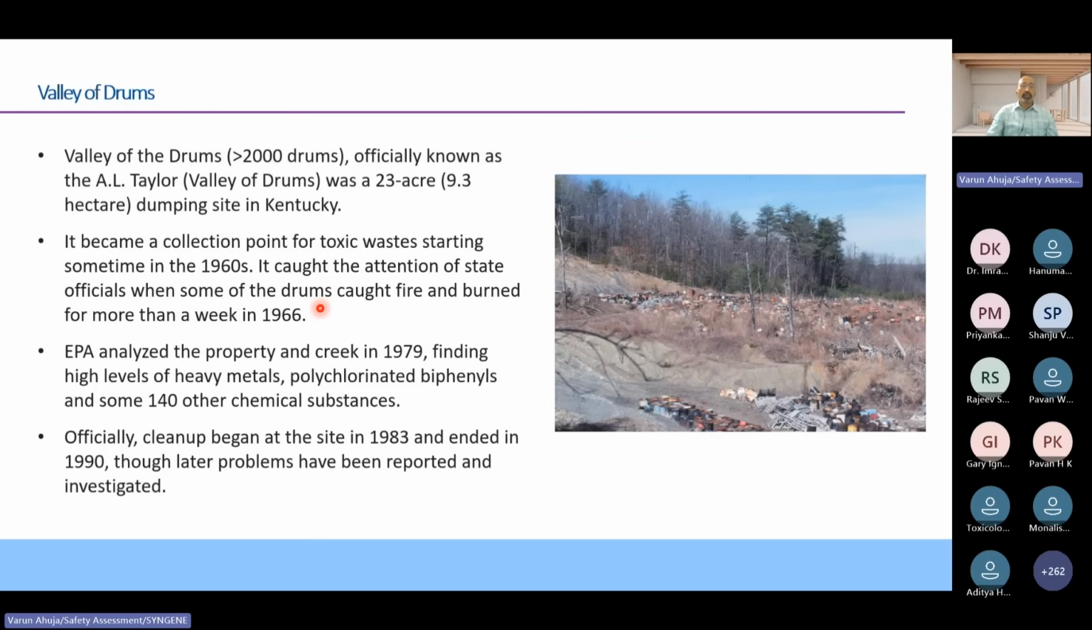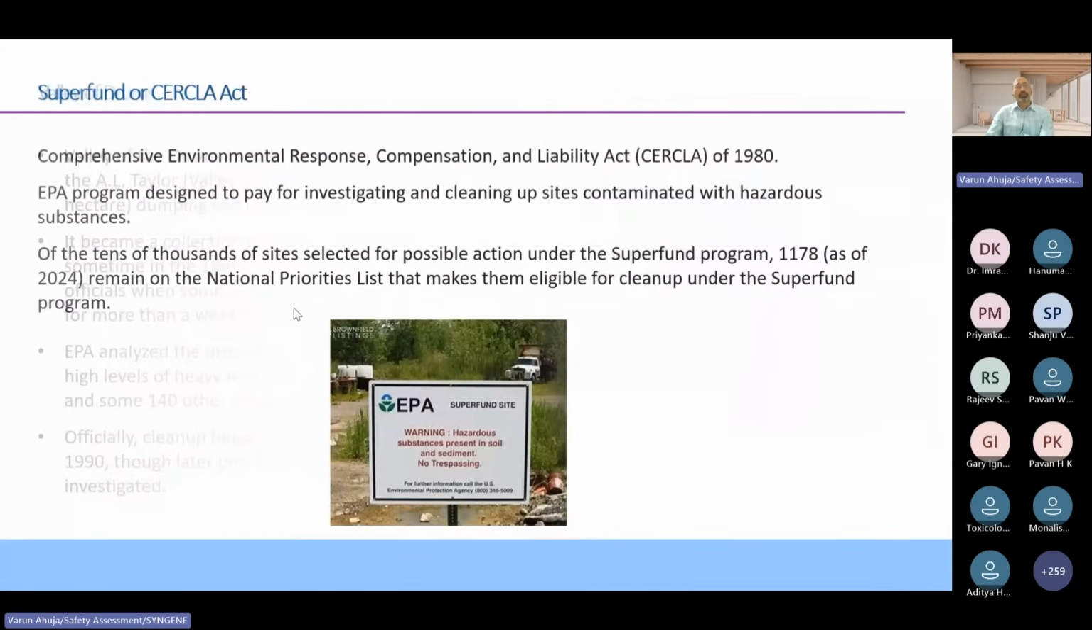Then EPA analyzed the property in 1975, finding high levels of heavy metals, PCBs, and around 150 chemical substances. Then officially EPA started cleanup at that site in 1983, which ended in 1990. Though later problems were still reported and investigated. So because of this, all this